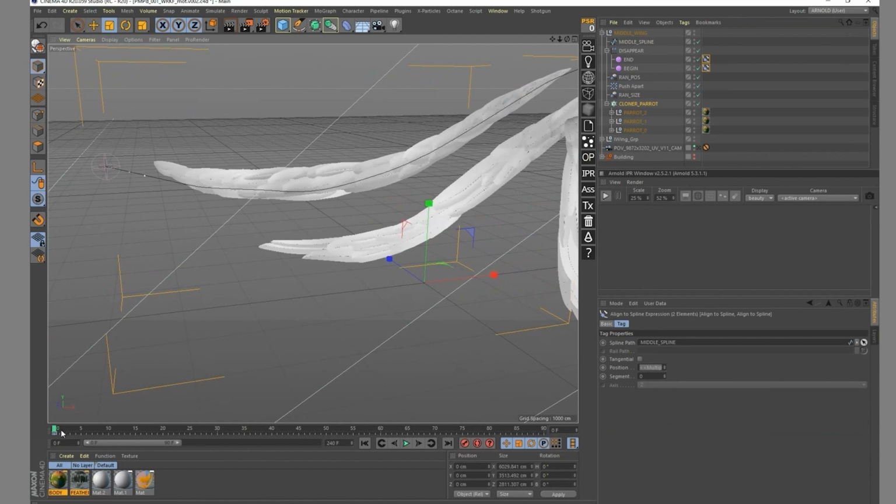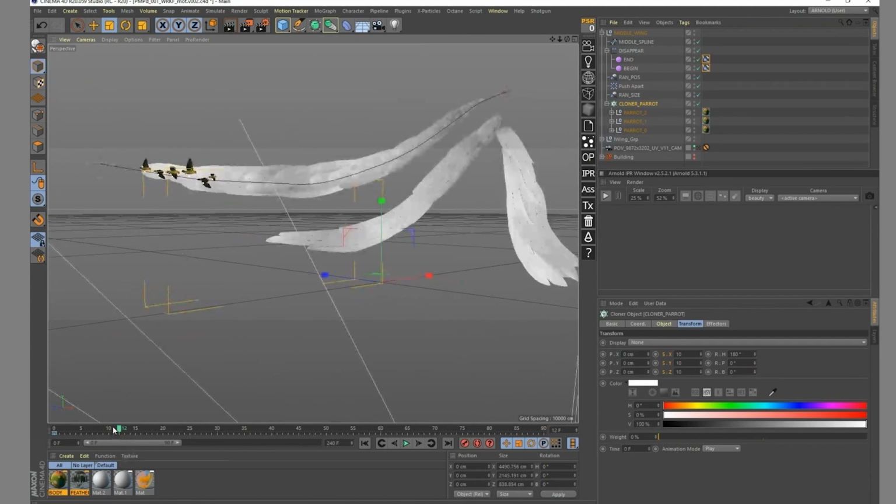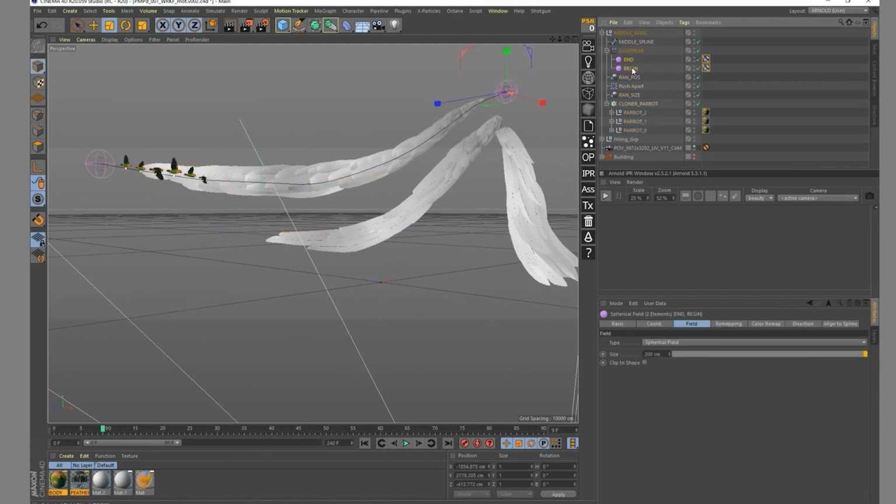And right now, everything is way too small because of the size of the scene compared to the parrot that we had before. So I'm gonna go inside of that cloner and transform the size. I'm gonna click on the S, so it's selecting 3 of the sizes. And I think that if I output 10 times bigger and Control Enter, it's gonna put 10 as the right number. So now we can see them way more. And we also need to adjust, of course, the size of those two fields. I think that's 7. Even bigger. Let's go full 1000.